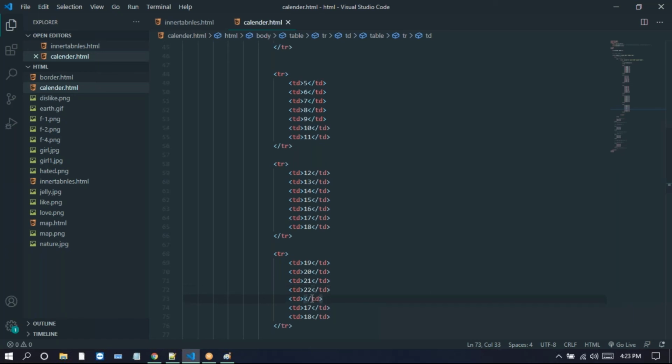Now we take one more copy. We just copy this one, and we can take one more TR here. For this TR, we can change this one to 26.